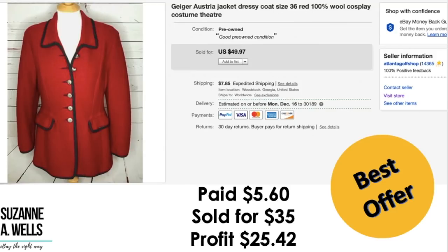This was a very interesting item. Geiger Austria jacket, 100% wool, and it just looked like something that someone would wear in a play or for cosplay. So I had seen that brand before, but it's been years. This was just very well made, had interesting buttons on it, and that bright red color with the contrasting gold or silver tone buttons. I paid $5.60 for this, took an offer of $35. Profit was